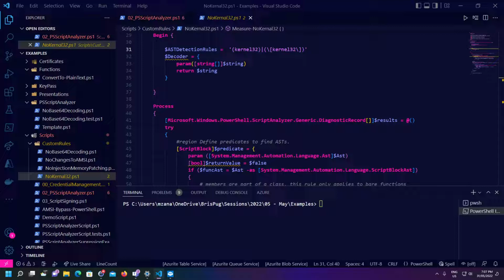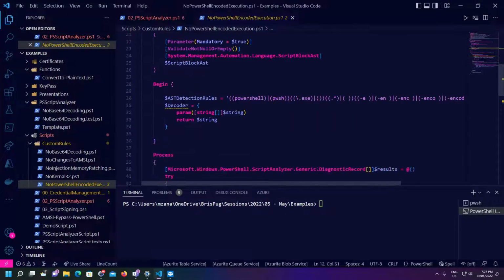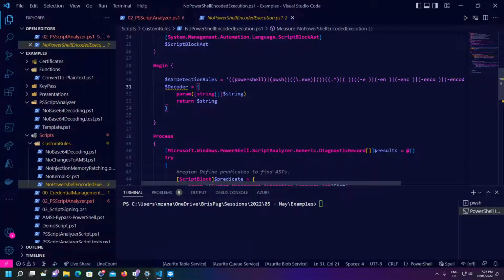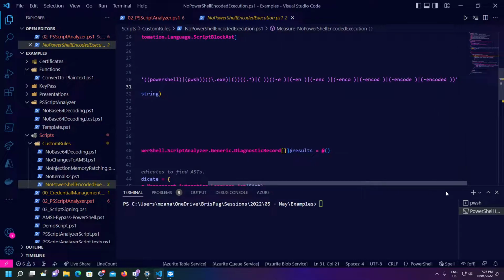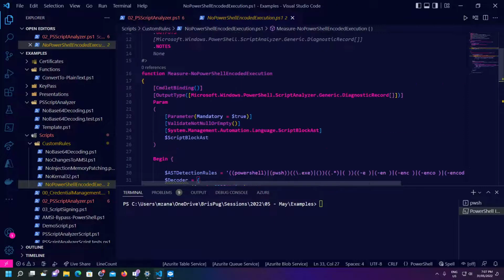I'll just quickly chuck it in here. It's preventing PowerShell encoded execution. So people who type PowerShell.exe and then try to actually run it, my regex is not great, but essentially that's what it's trying to catch. The really great thing about this is that you can create your own module, which means you can write your own unit tests against it, and you can actually test to check